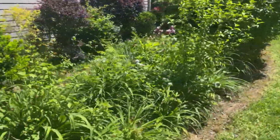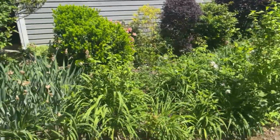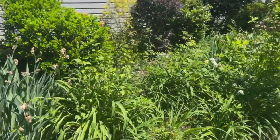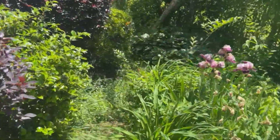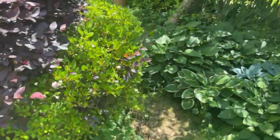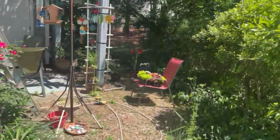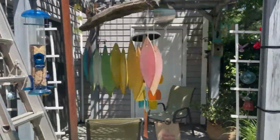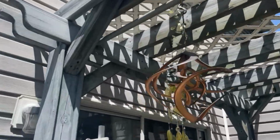All right, like normal, again, end unit townhome. And look at the garden that she has. Holy moly, it's beautiful back here. Wow, look at those hostas. All right, so coming out of the back, and see it's got that pergola up here,